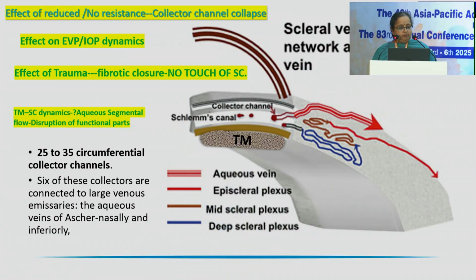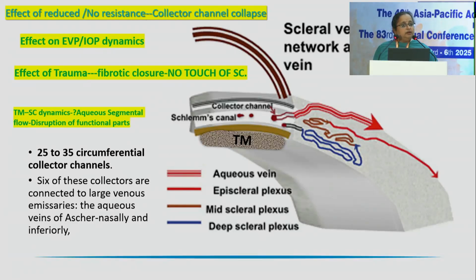But what is more important is the aqueous veins. Now, aqueous veins have been described, but I don't think any of the imaging modalities have actually shown the presence of aqueous veins. We are yet to determine that, because these are big channels that, if we are able to image and do a surgery around where the aqueous veins are, your IOP reduction will be very quick and it will be massive. But we don't know how to image that.